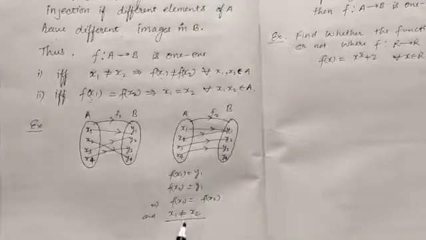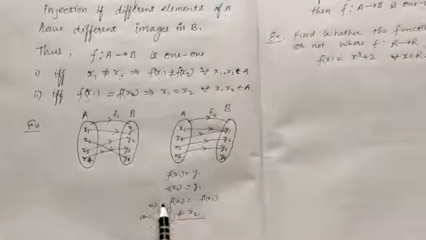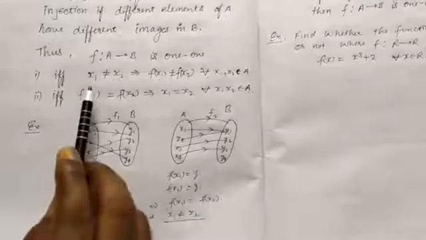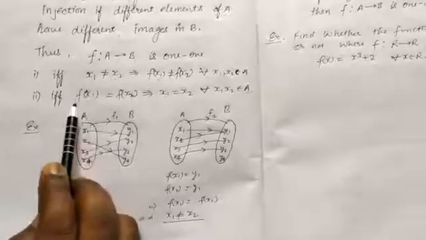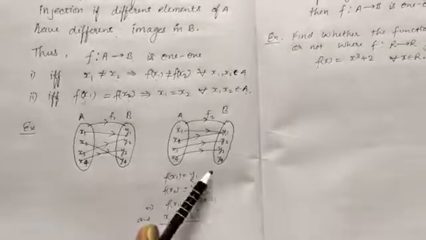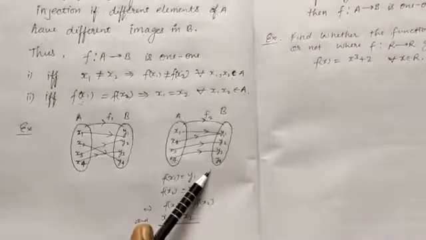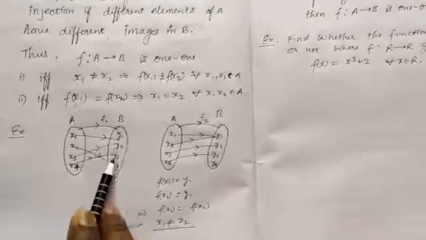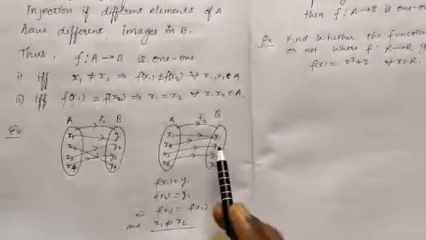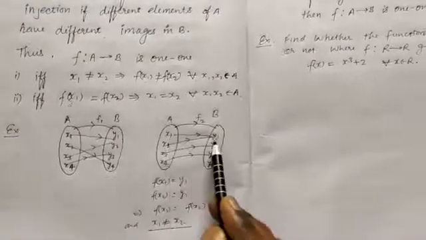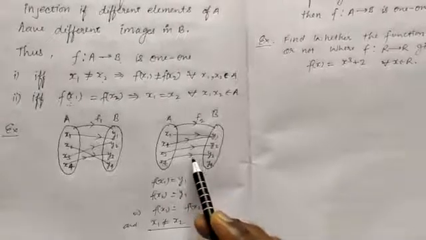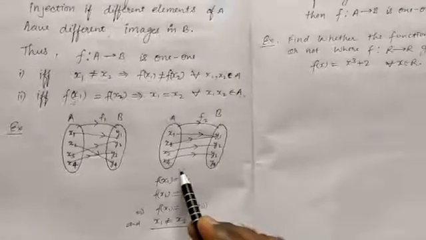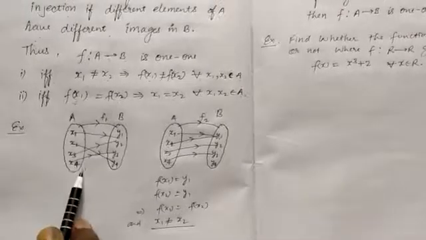This explanation does not satisfy the given rule of a one-one function, so it is not one-one. Here in f1 different elements have different images, but in f2 two elements have the same image. In this case, the function is called not one-one. f2 will not be one-one and f1 will be one-one.